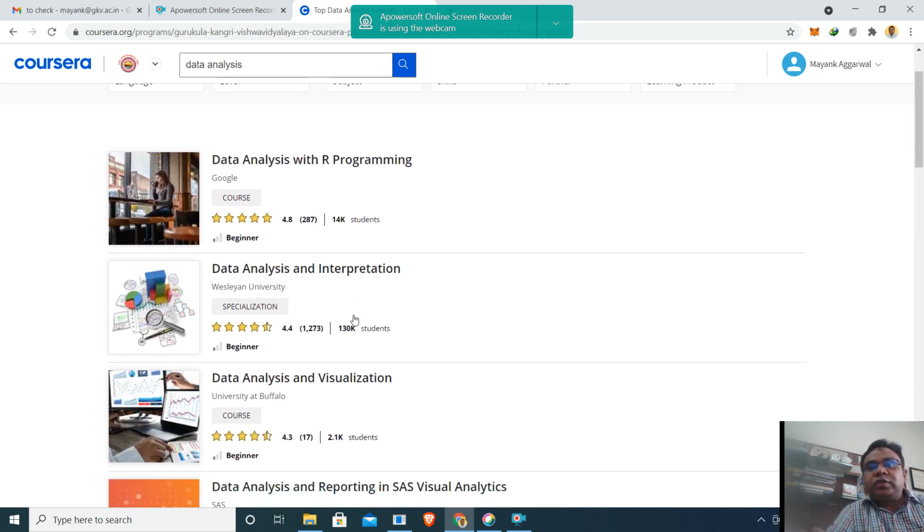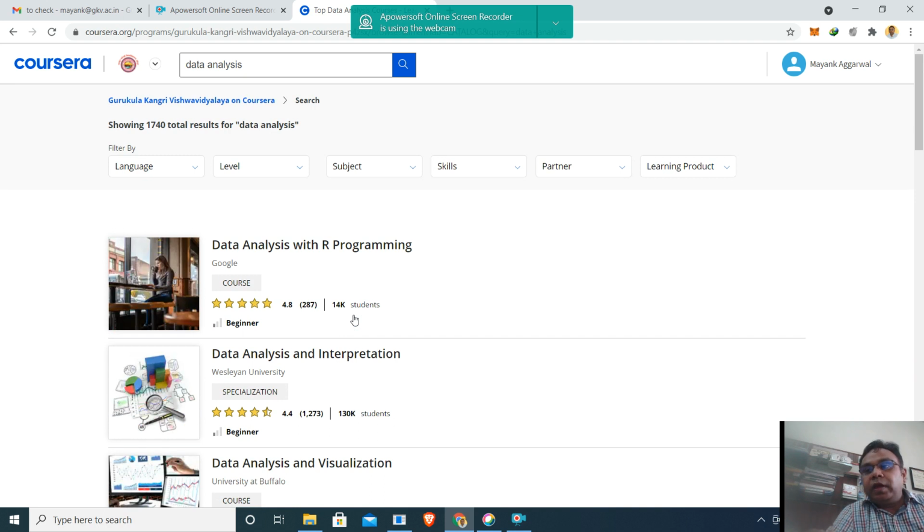Now how to choose which course you have to do? If you are in the very first year and you do not know anything about the topic which you wish to learn, there are different fields in which you may be willing to enroll. For example, data analysis, machine learning, programming in C, data structures. So if you are a beginner, it is given over here that this course is for beginners.